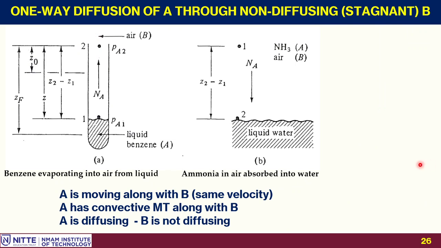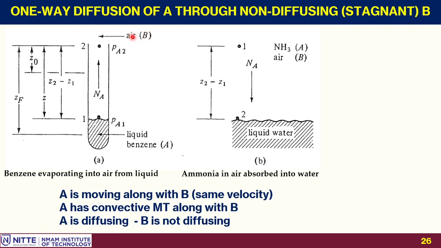Right. Let me take up the second case, one-way diffusion. Let me consider a case where I have a tube filled with a volatile liquid. The liquid is volatile here. The liquid I'll consider as benzene, A. It moves upward because there is a molecule B which is moving. Air is moving here, or overall it is static. Even though I consider it static, since it is in a gaseous phase, there will be a Brownian movement. The movement will be there within the static layer.